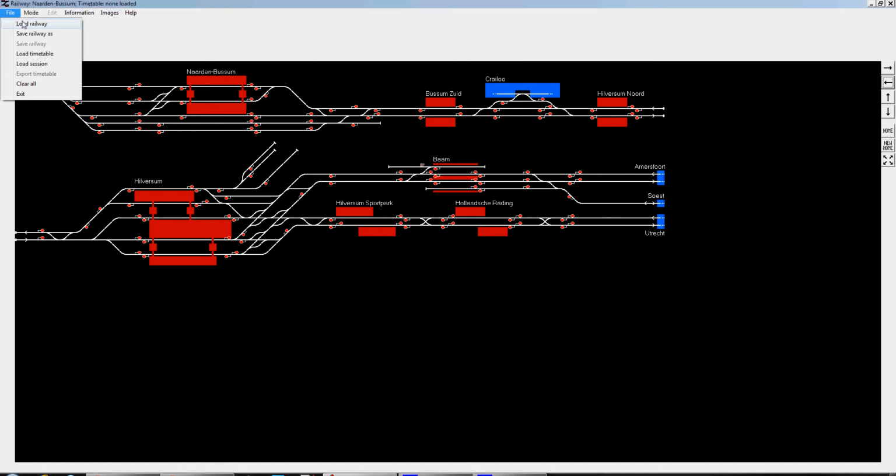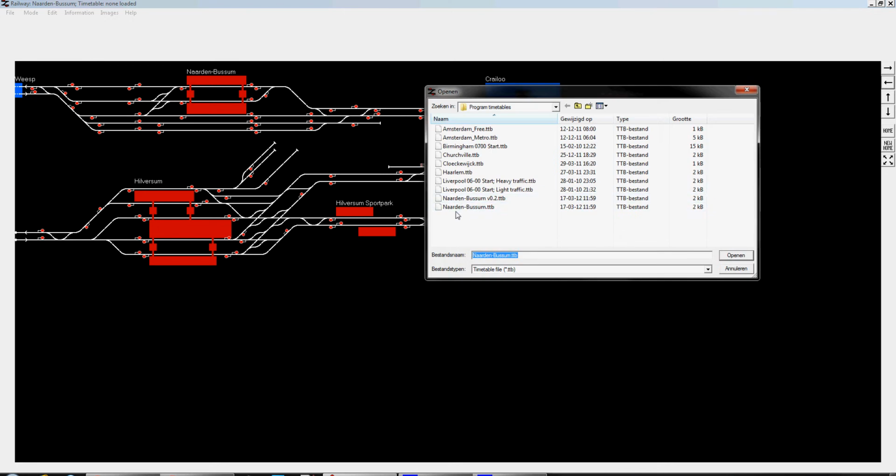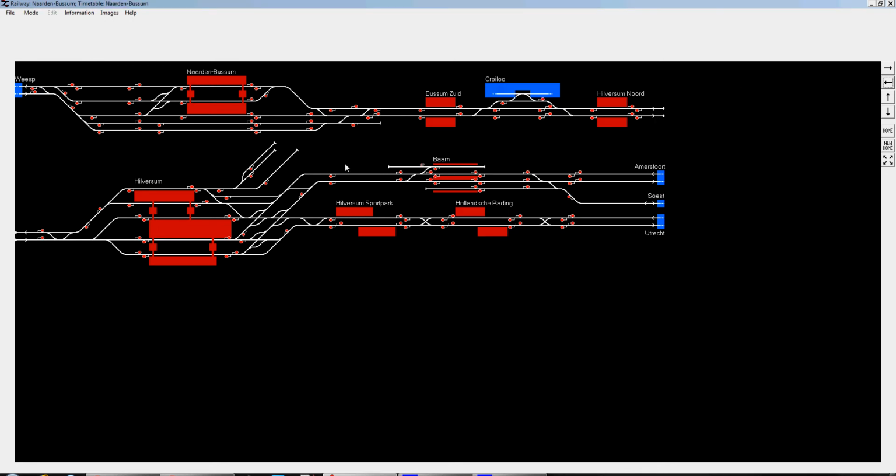First of all, you must have a railway. I already loaded one. And second of all, I have to load a timetable. Let me grab a timetable real quick. Now you have to click Mode, Operate Railway. And before we start, before we click the button that's located in the top left-hand of the screen, I